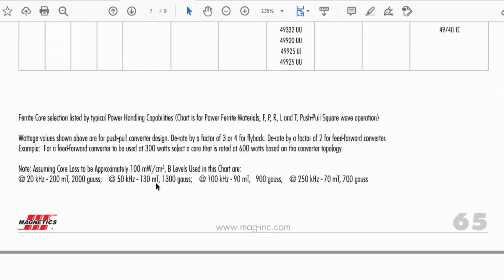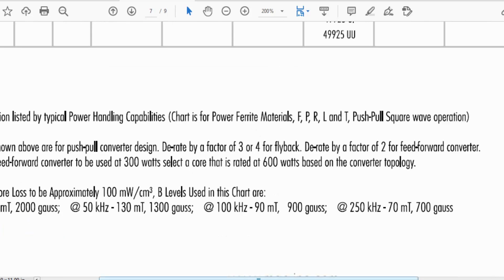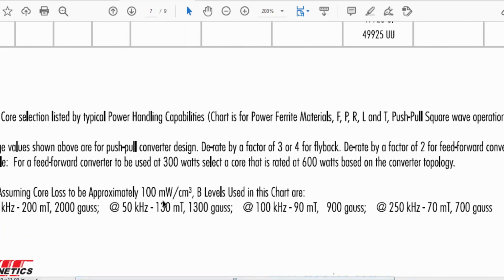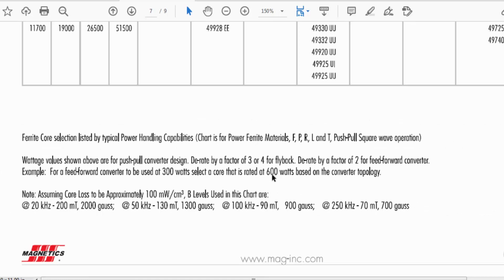For core selection we have to look at this data. If you will not derate, suppose he gives a feed forward converter to be used at 300 watt, select a core that is rated 600 watt.